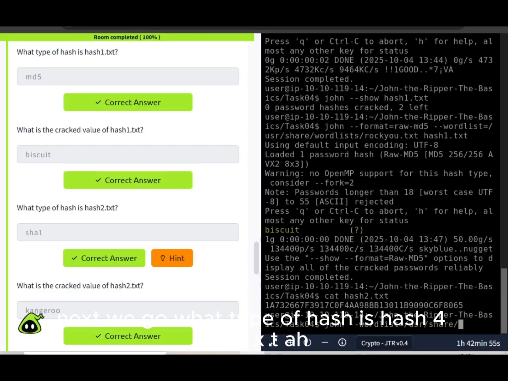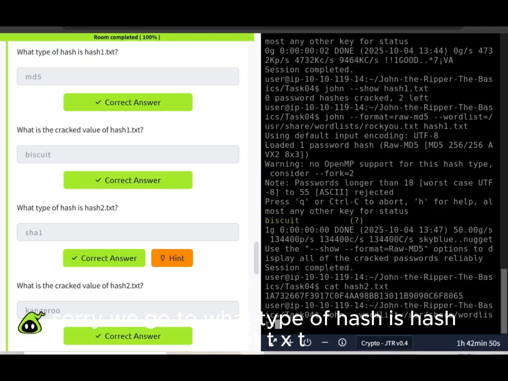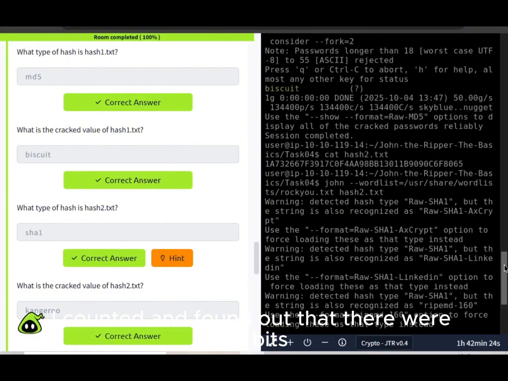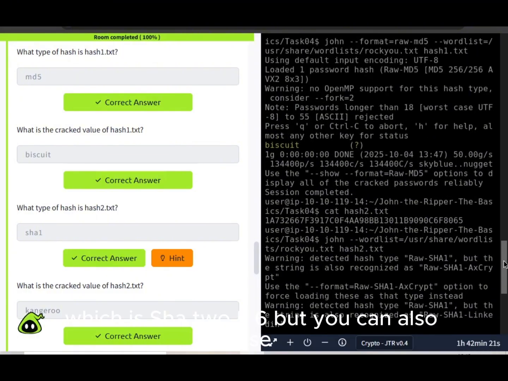Next we go, what type of hash is hash3.txt? Same process. You can read the file first, cat hash3.txt. You can count the bits. I counted and found out that there were 64 bits, which is SHA-256, but you can also use